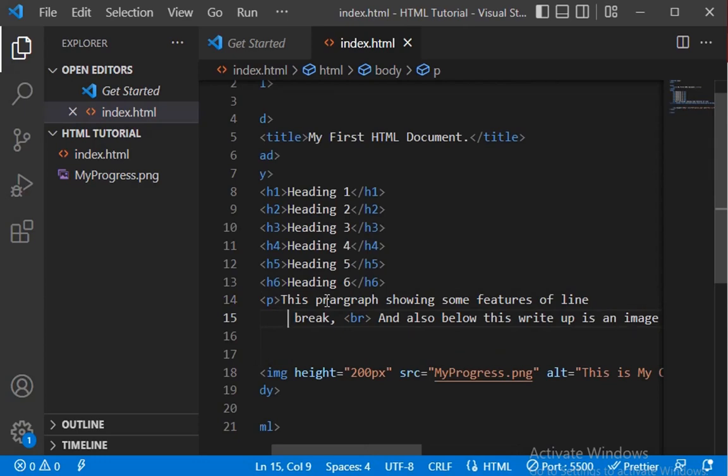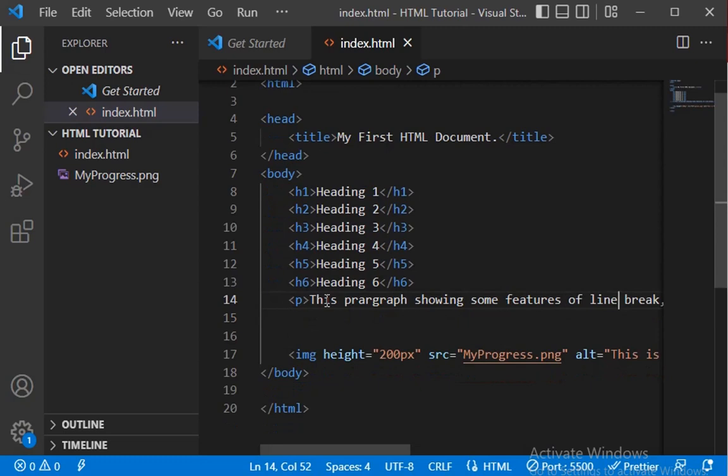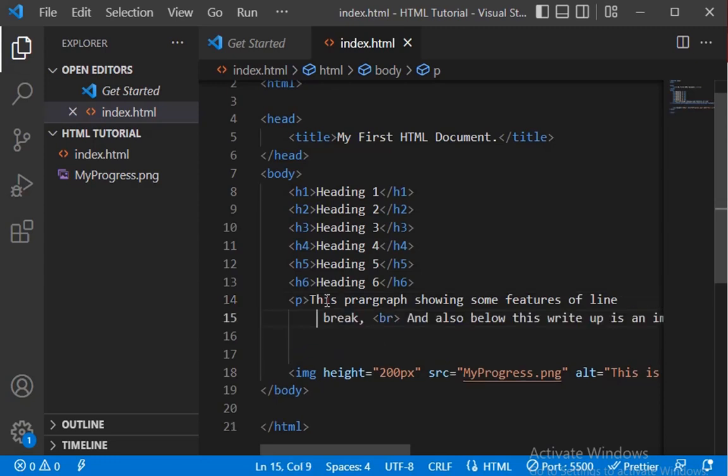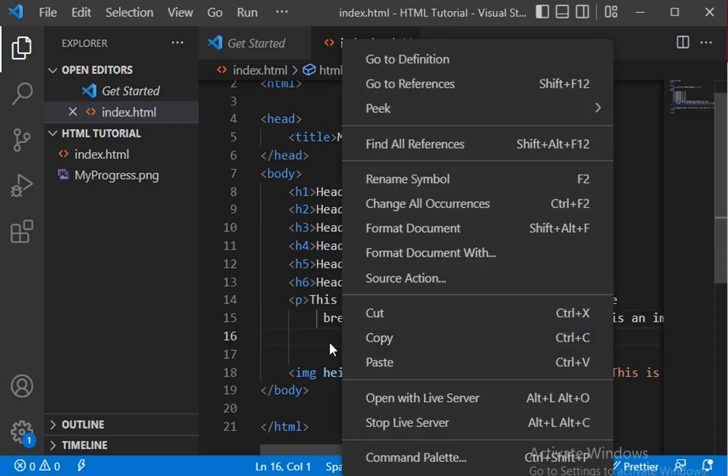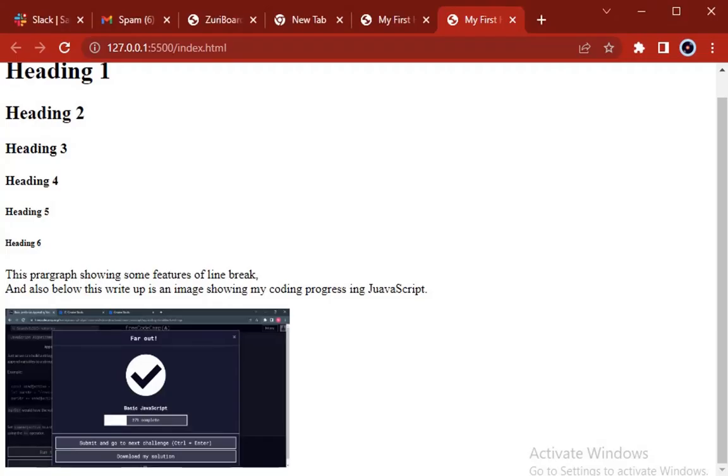So just like that, that's what the line break does in your HTML, because even in your HTML the enter key does not work. So like in this my paragraph tag now, if I click enter and launch this on a web page, which I've already done, you see that it's not working. I clicked enter here. In my code the enter is between the line and the break, but here it is not even visible. But if I use a line break,